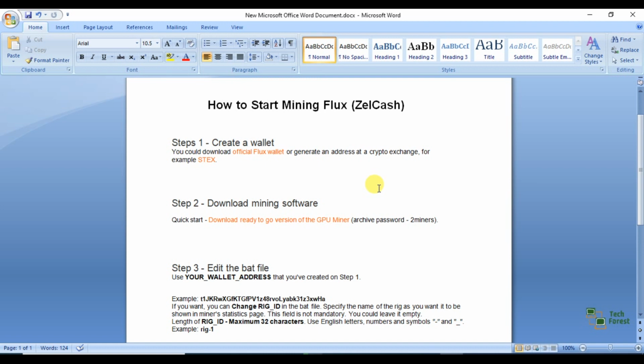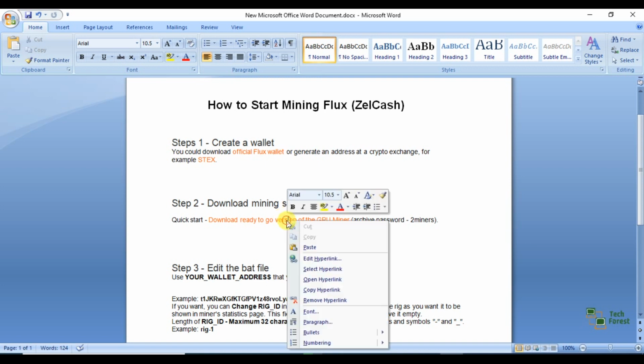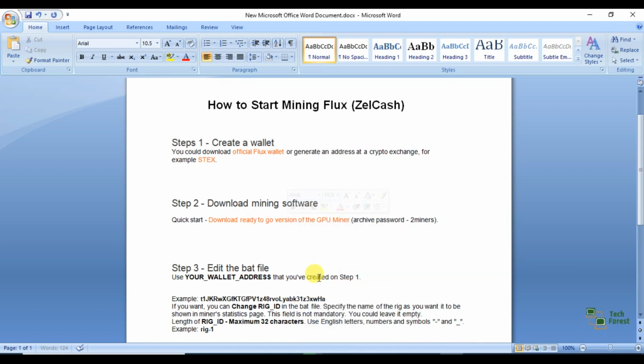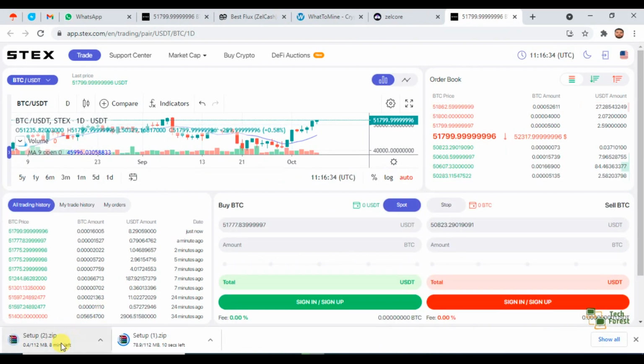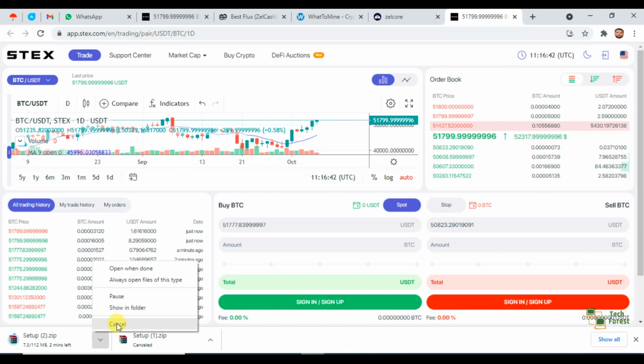Step 2 is download mining software. This miner is from 2miners.com. I'll share the link of this as well. Download the miner. After that, extract it. I already have this, so I'm just going to cancel it.